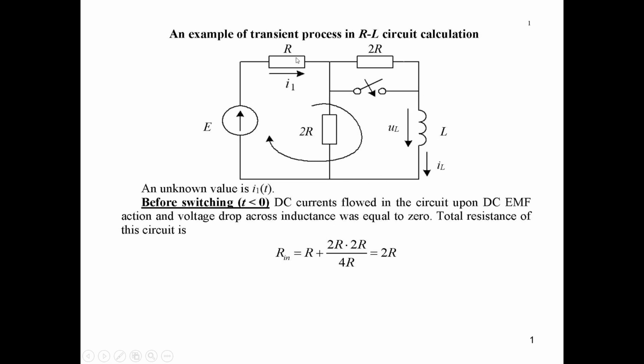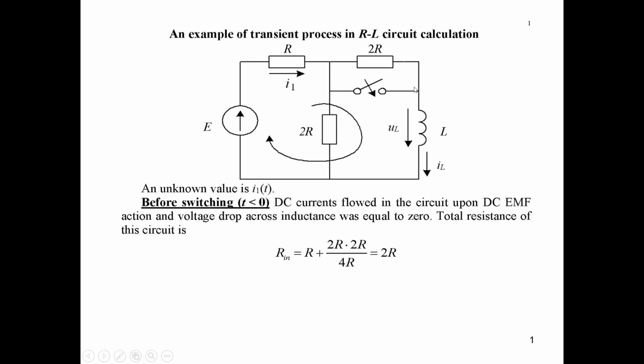You see? So we will have only this part of current, okay? This resistance 2R will be short-circuited by this branch, because in steady-state regime, inductance behaves as a short-circuited part of the schematic. So IL forced will be equal to E over R. I1 will be equal to E over R and equal to IL, because it will be this path of current